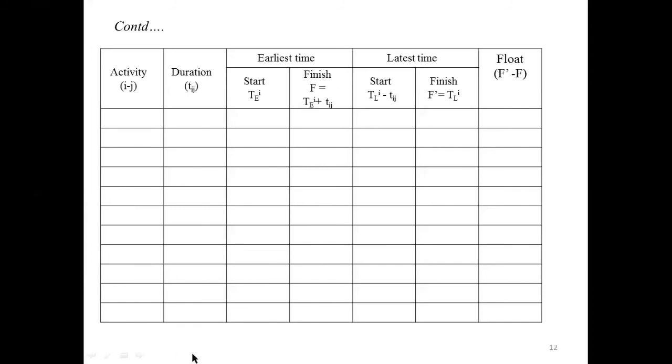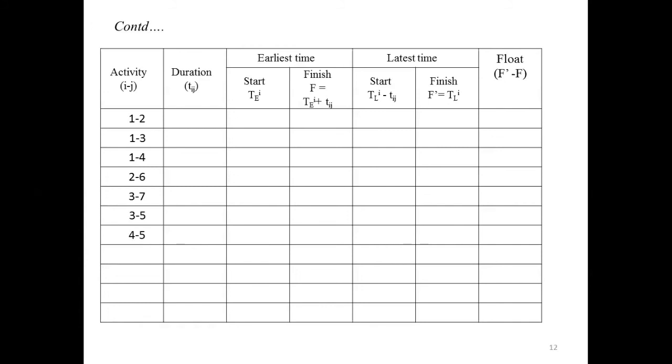That is, from the network diagram, the activities you have are 1, 2, 1, 3, 1, 4. Then after completing the activities from node 1, you have to start writing with respect to the second node. Second node, we have activity 2 to 6. Then next we have activity from 3 to 7. Then next we have activity between 3 to 5. That is, you have to write activities in such a way that starting from node 1 to node 8, because for node 9, we will not get any arrow marks. That is because it is an ending node.